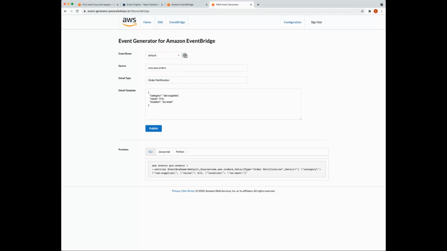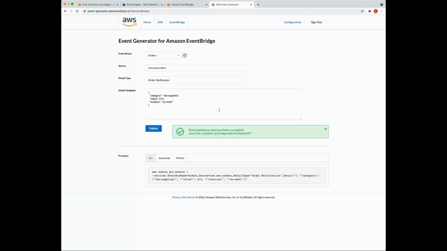So just click that refresh icon beside the event bus drop down, and we're going to ensure that we select orders, because this is the bus that we want to use, and we're going to click publish. And it says the event has been successfully published to the orders event bus, and it gives us an event ID.